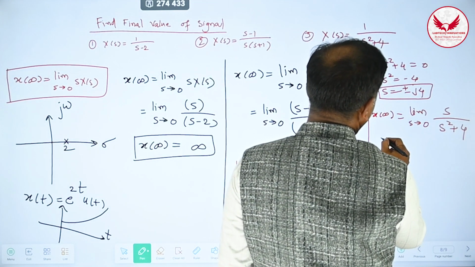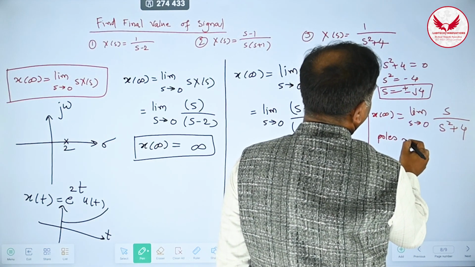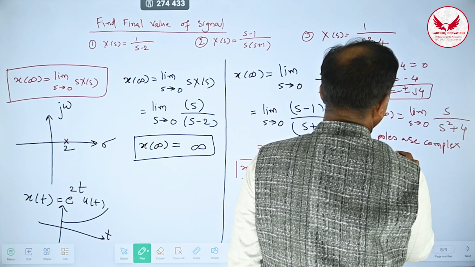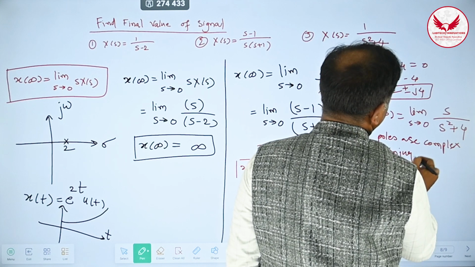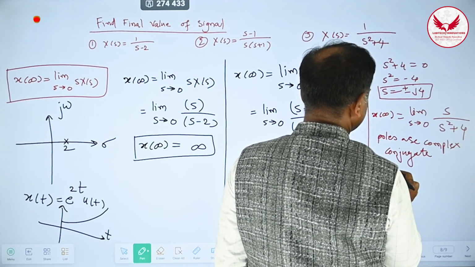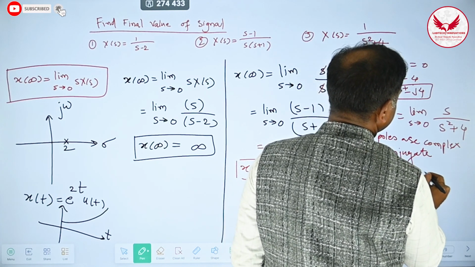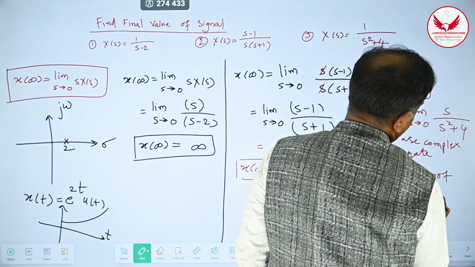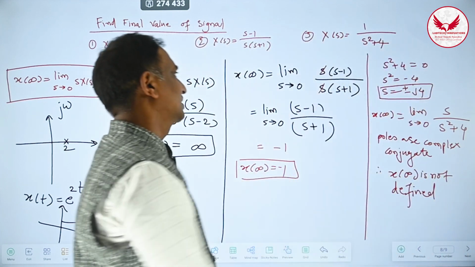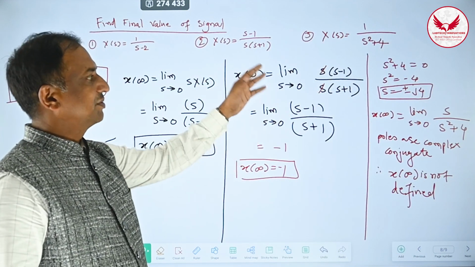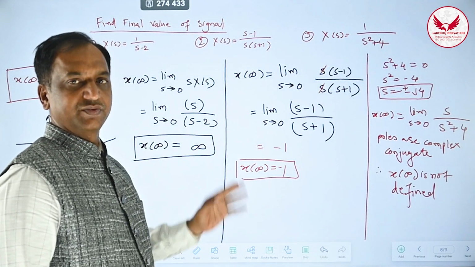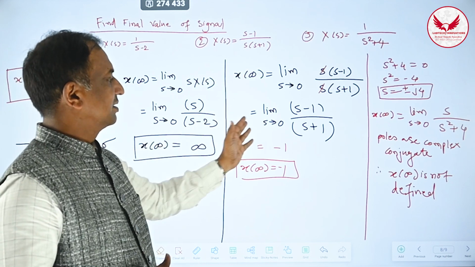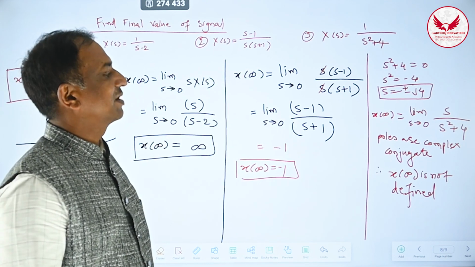So therefore you write, the poles are complex conjugate. Poles are complex conjugate. So therefore x of infinity is not defined. For other signals, we can directly substitute the value of s as 0, but you try to avoid 1 upon 0, where such kind of terms will become infinity. So if s is there, you can substitute s is equal to 0 and you can find out the final